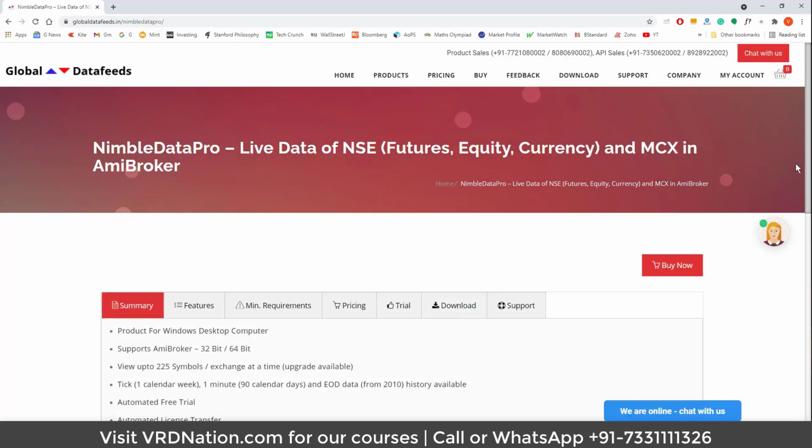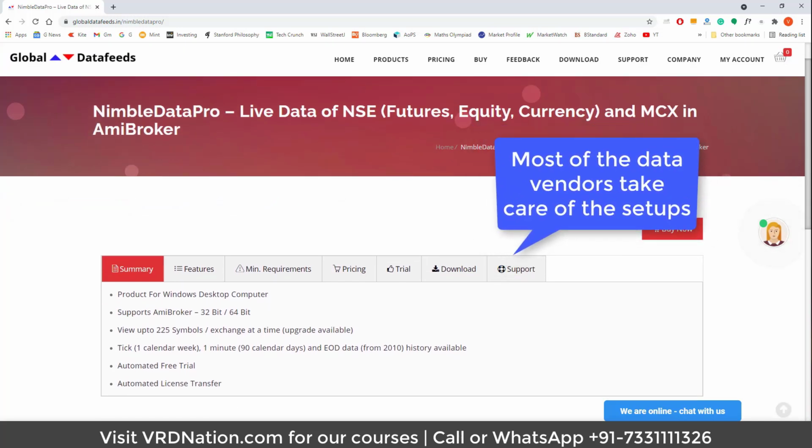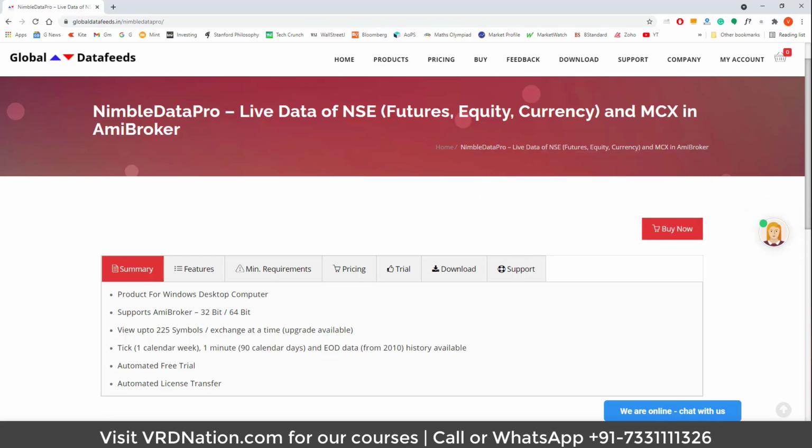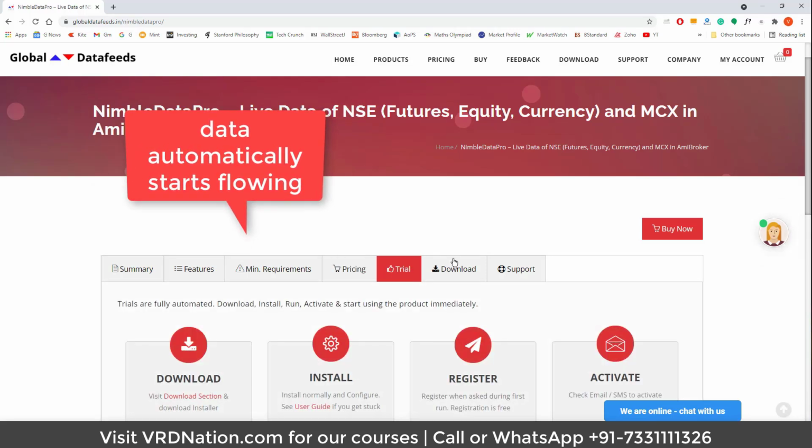You can just go to their website, pay a monthly fee, and that's it. These data vendors will take care of all the setup, and it barely takes 5-10 minutes. Once the data feed is connected to Amibroker, the data automatically starts flowing into the application. You don't basically have to worry about it. Everything goes seamlessly from that point onwards.